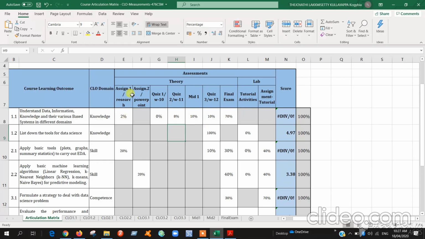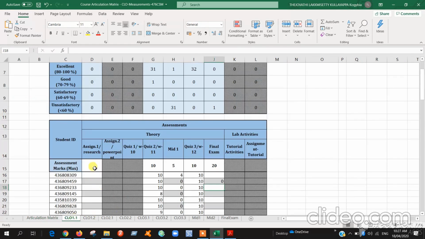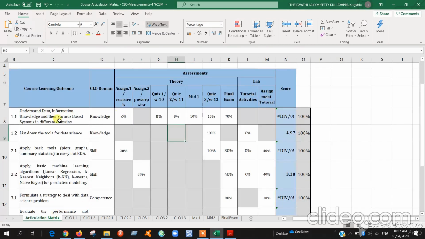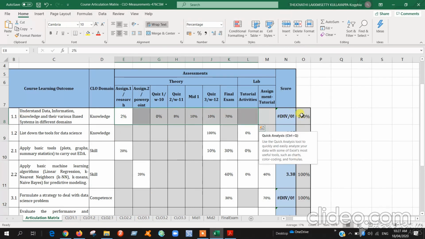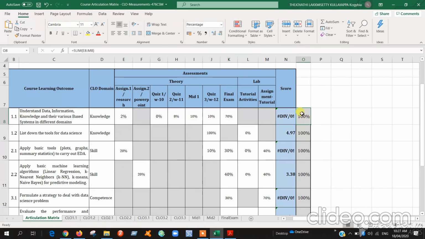So this is the template. Whatever you give here will come inside this one. If you gave assignment 2% before, then here you have to write 2 marks. Then you can write the marks for each and every student, which I will explain. According to that, for calculating the CLOs, CLO 1.1, 1.2, 2.1, 2.2, you can apply these techniques. Make sure it comes to 100% only. This is important: 100%.